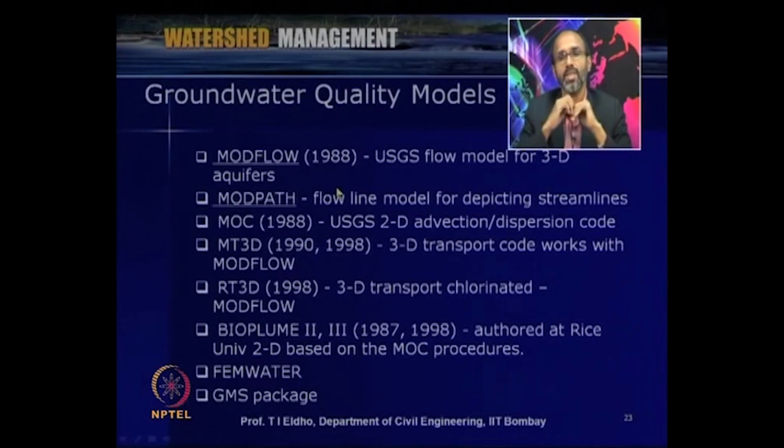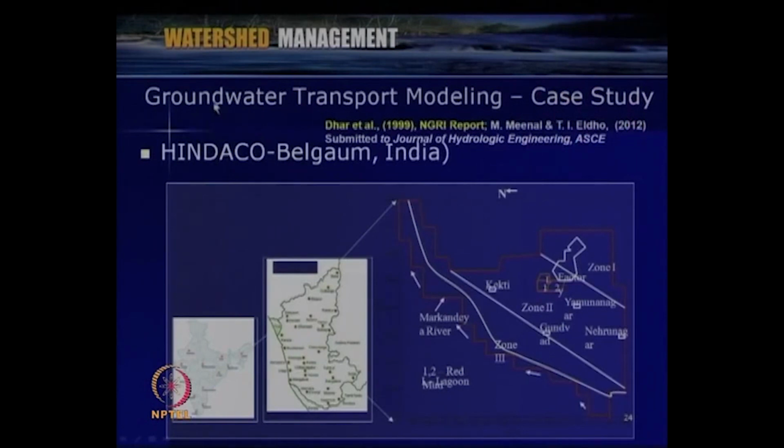So, here also as far as groundwater quality modeling is concerned, depending upon the type of model you are looking for, 1 dimension, 2 dimensions or 3 dimensions, and depending upon the contaminant we have to address, we can choose a specific type of model and use it for groundwater quality modeling. Now, before closing this lecture, we will briefly go through how a specific type of groundwater quality model can be used to predict the transport phenomena within an aquifer system.